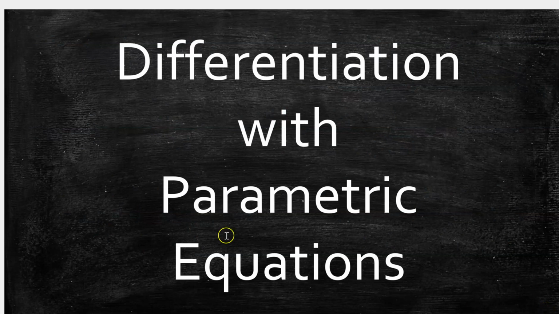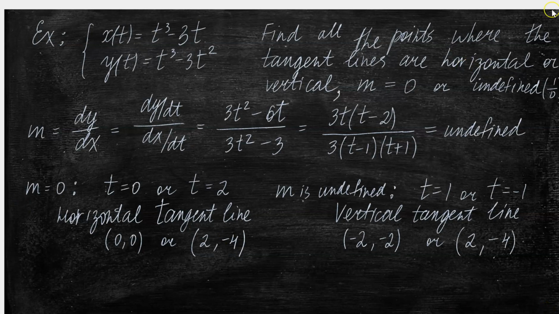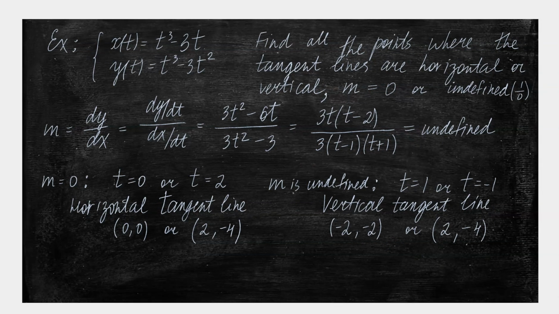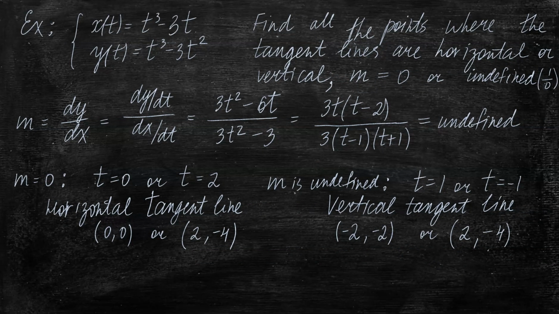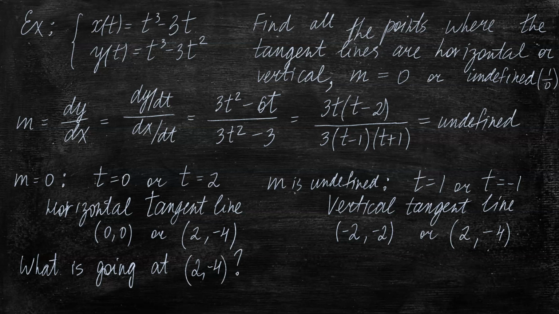Sorry about that, having an issue here with zooming. If you're paying attention here, the question now that you should have is, what is going on at 2, -4? How on earth is it possible to have a tangent line at 2, -4 that is horizontal and vertical at